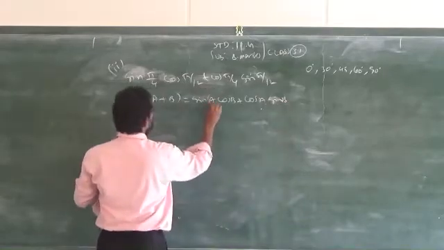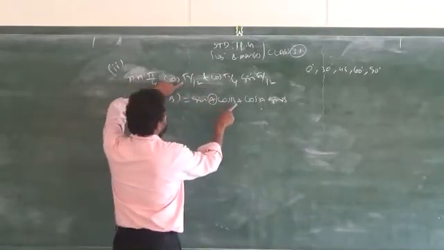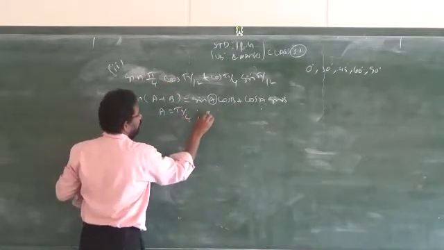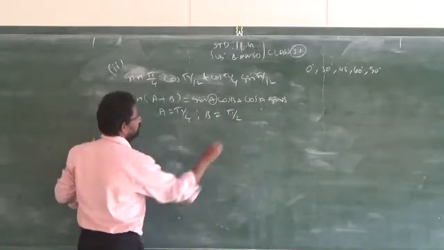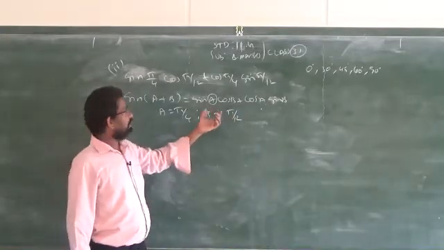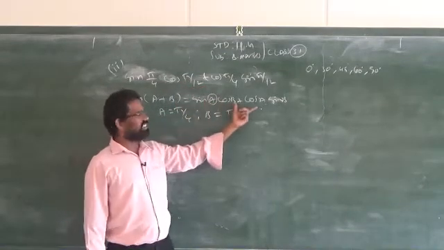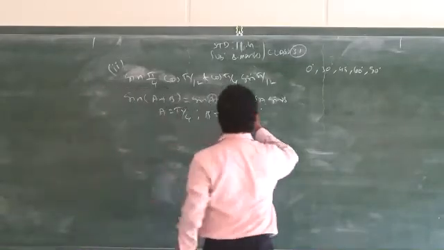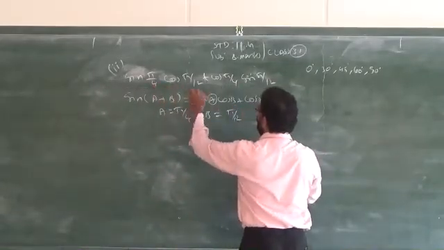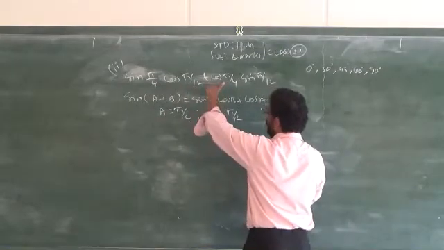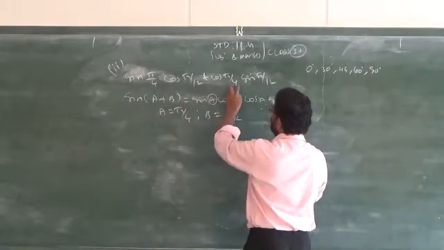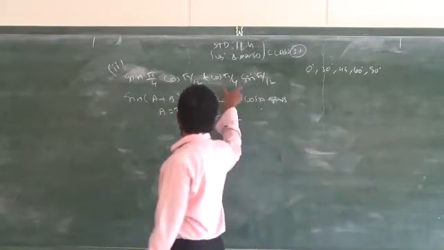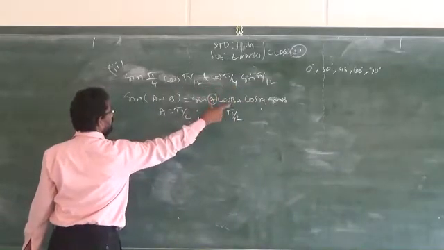sin B. Now in the place of A, what is given? Pi by 4. In the place of B, what is given? Pi by 12. So A is equal to pi by 4 and B is equal to pi by 12. Just you have to check whether the given question stands for the right hand side of the given equation or not. So, sin pi by 4 cos pi by 12. Then cos A, what is A? Pi by 4. Cos pi by 4, what is B? Pi by 12. Sin pi by 12. So, it exactly represents the right hand side of the given identity.